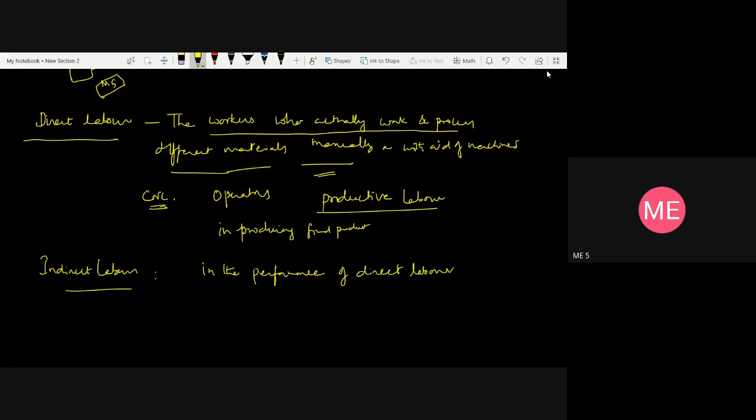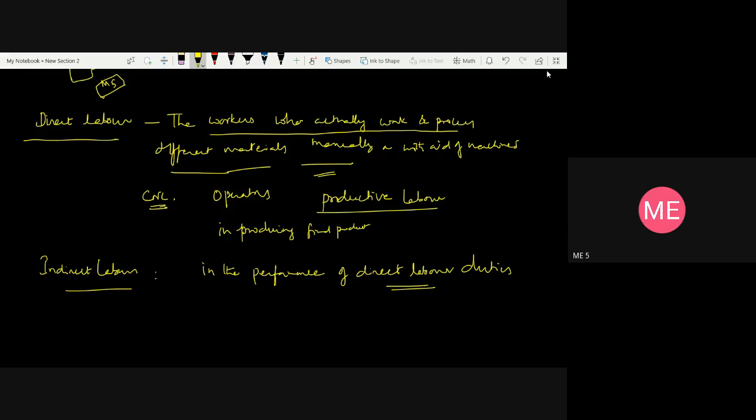Say for example, in the case of loading the job onto the machine, you may require some helper. That helper, who is involved indirectly in the performance of direct labor duties, is called